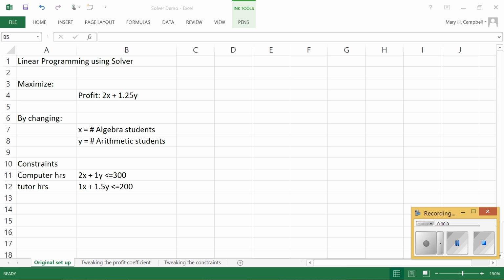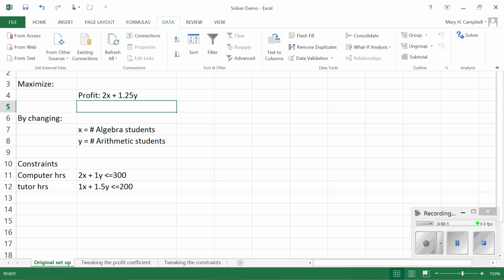Let's look at how we can use Excel to do the heavy lifting when it comes to solving linear programming problems. The tool we'll use in Excel is called Solver. It's under the Data tab, and I've got it under here, Solver Analysis. If you look at your version of Excel and do not see Solver available underneath there, under the Data tab,